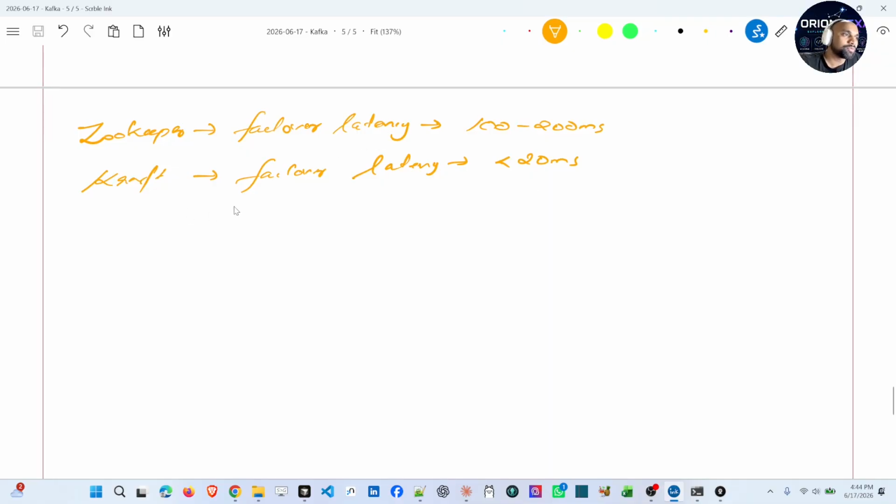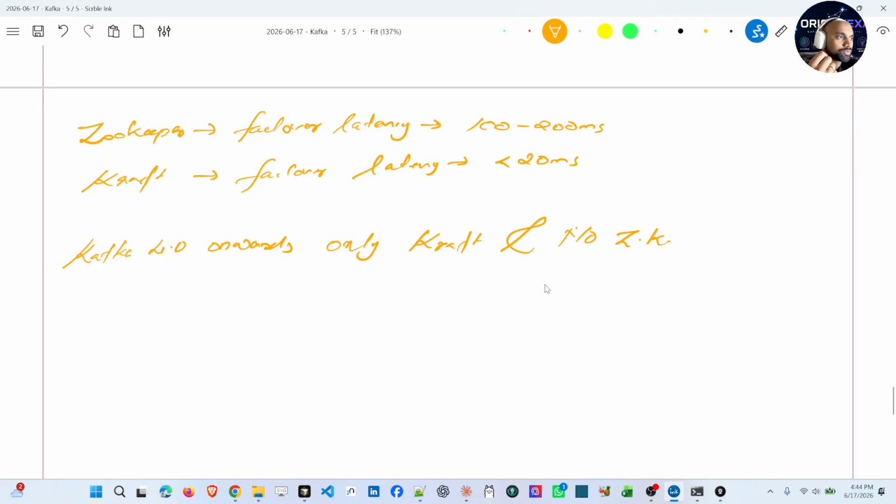In the upcoming versions, from Kafka 4.x onwards, there won't be any Zookeeper. There is only Raft. From Kafka 4.0 onwards, only Raft and no Zookeeper.